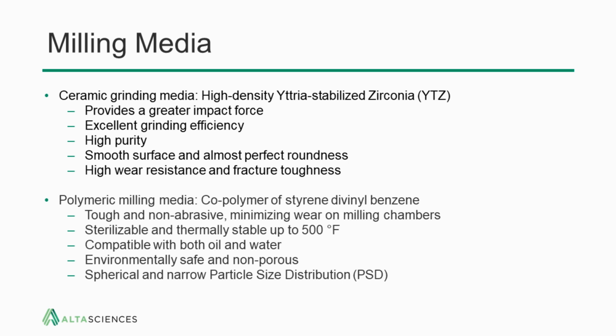The smooth surface allows for efficient recovery of the nanometer drug, and finally, they have high wear resistance and fracture toughness. So no material from the YTZ media can be found in the final product. The second option is a polymeric